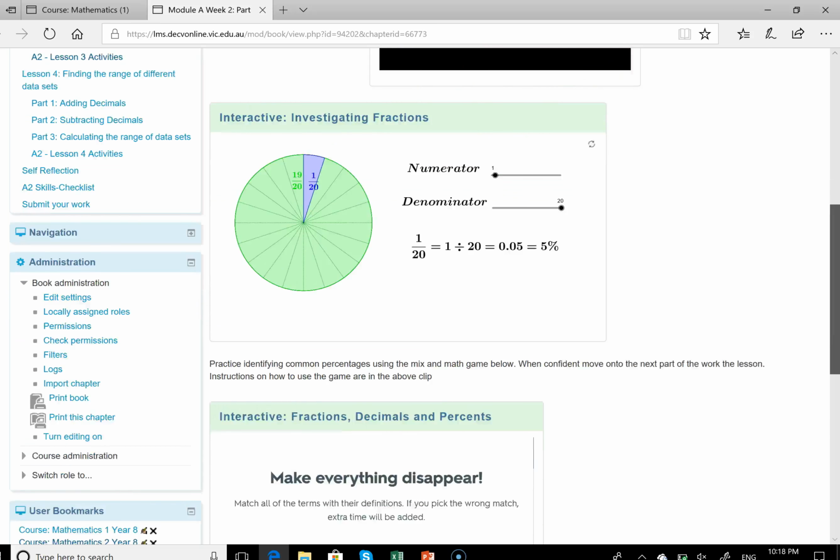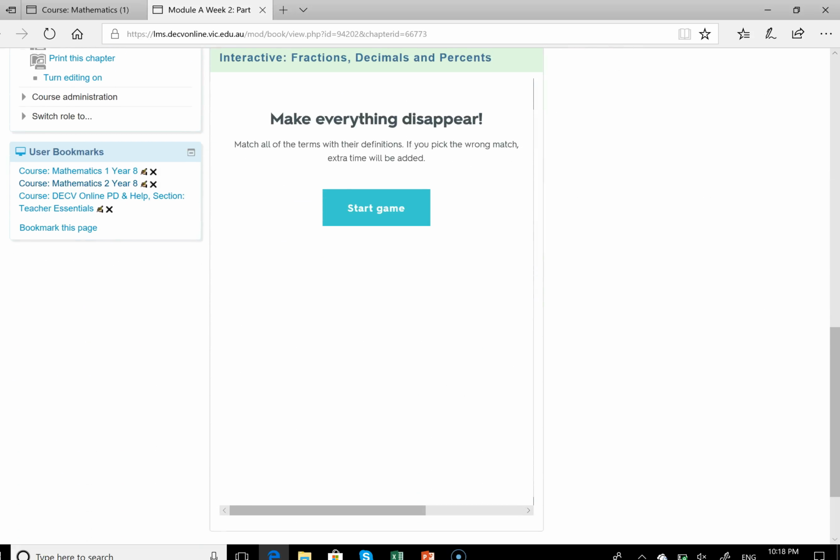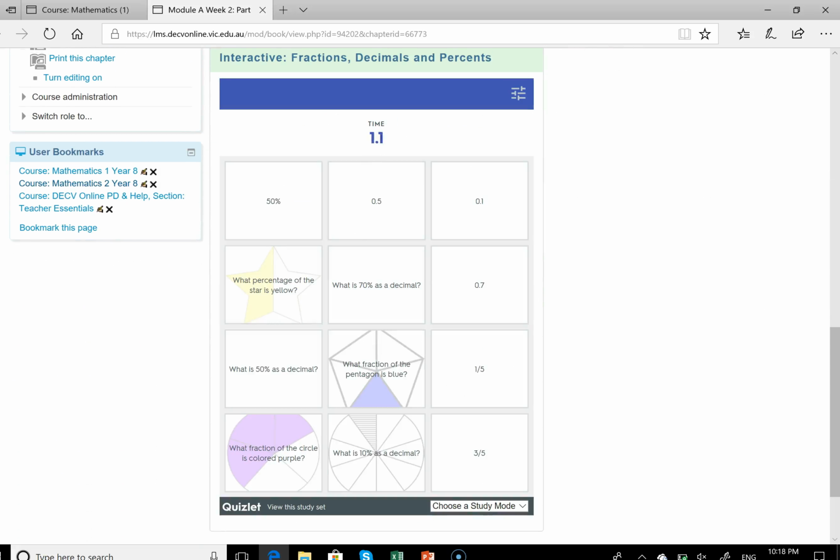And decimals and percentages is you can play the interactive. So if we go start game, and we have to match it up. So what is the yellow star? 0.5